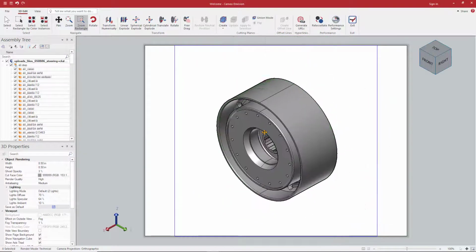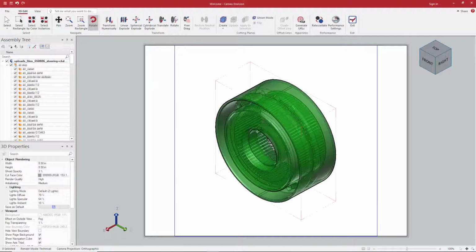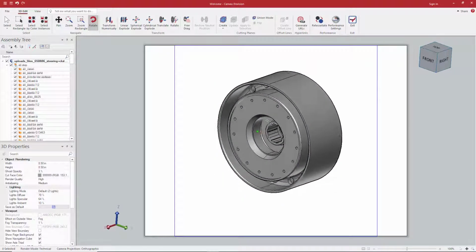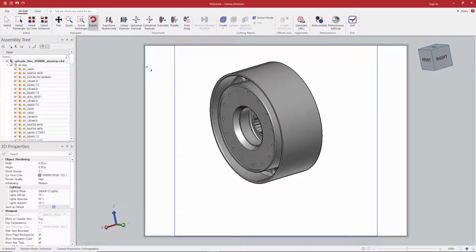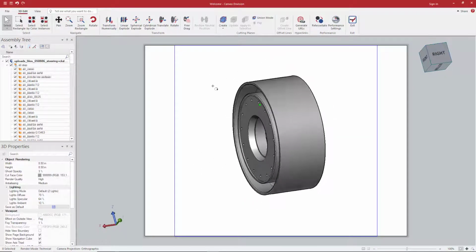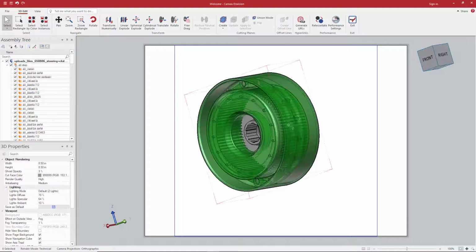The Rotate tool allows me to select the pivot of rotation for my model by left-clicking at a point, and while holding my left mouse button down, I can rotate my model like so. The shortcut to the Rotate tool is the right-click button. For example, if I go and click on the Select ribbon, I can right-click on a point in the model and rotate it again.